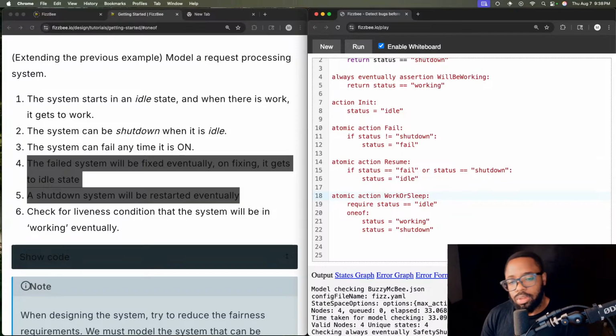Yeah, I like that. Work or sleep. And this one is saying if the status is equal to fail or status equal to shut down, then we put it in idle. Now I think this should have